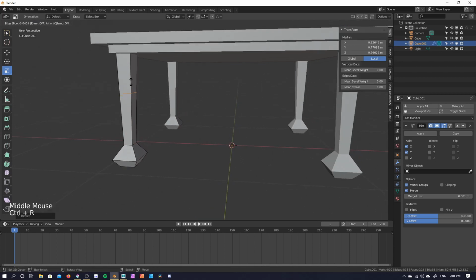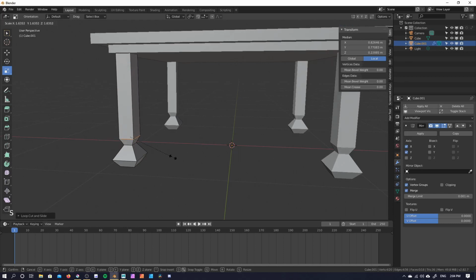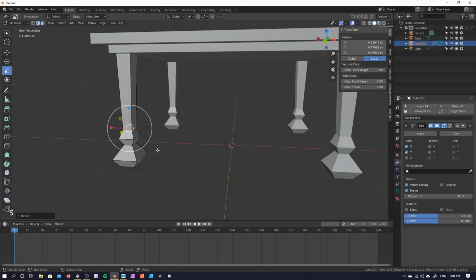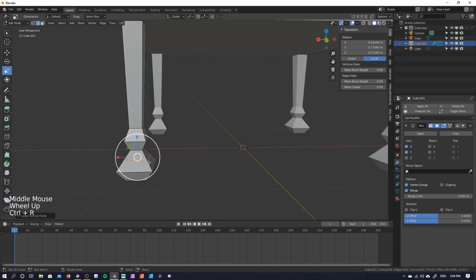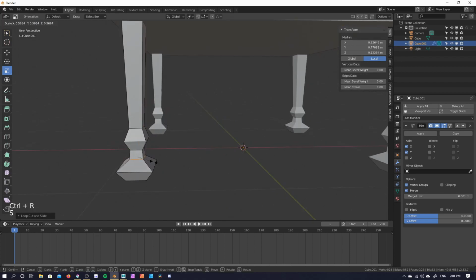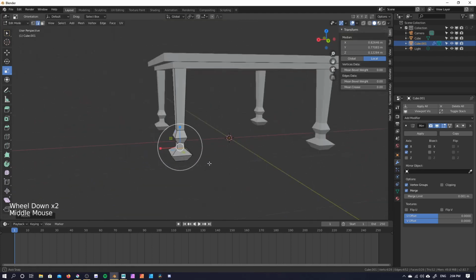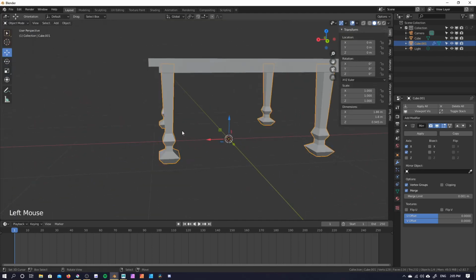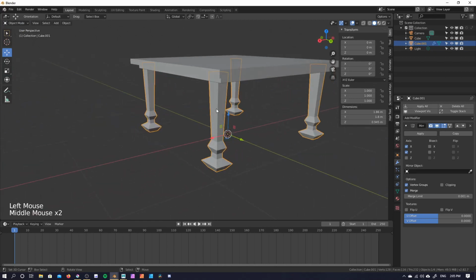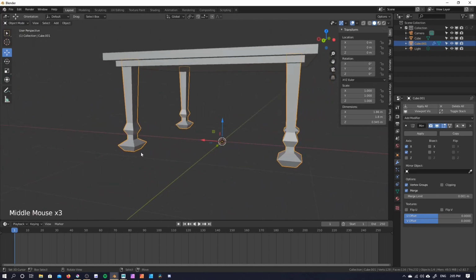Again, I can make another loop. I can scale that up. Another loop, bring that down, scale that down. And you can make some really cool patterns just by playing with your edges. How cool is that? Now imagine I want to turn this into a smooth, round leg instead of these hard